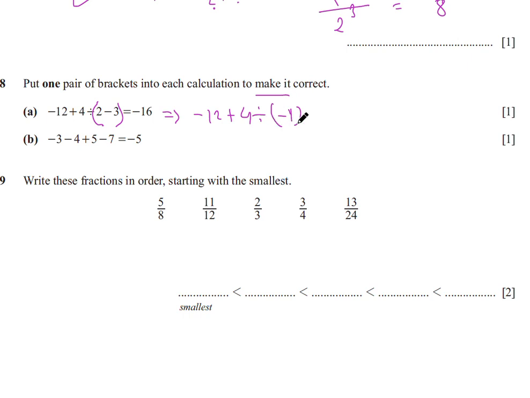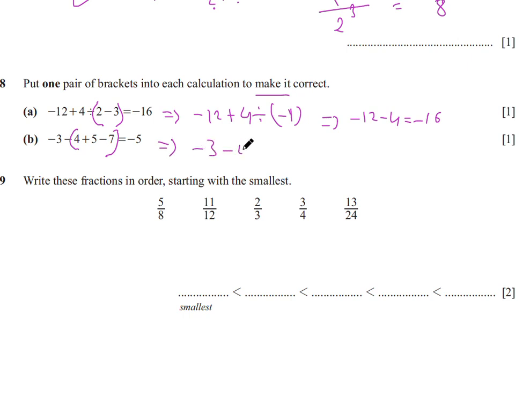So when I get this as minus 1, let us check this. This is 4 divided by minus 1. We will use BODMAS. First, division will happen over here. So 4 by minus 1 will be minus 4. So minus 12 and minus 4 will be minus 16. And that is what we want. So the bracket should come over here. Next, in the next one, if I put the bracket over here,